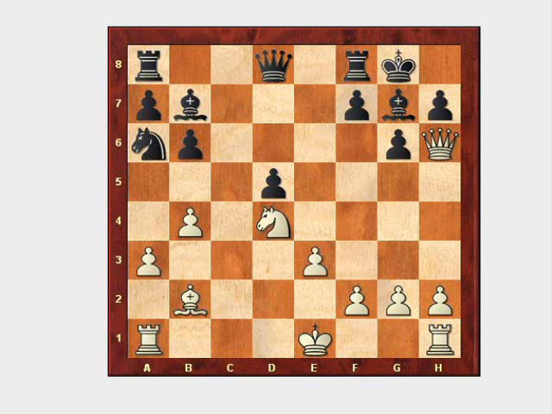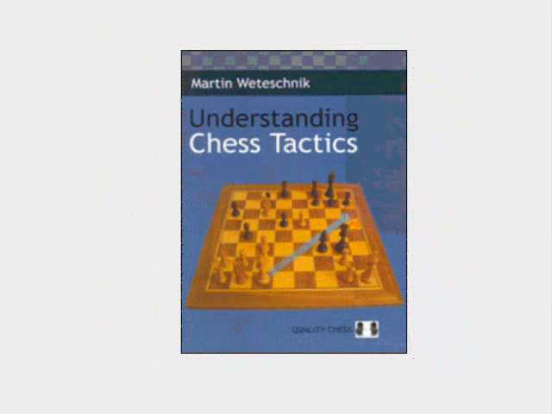There is a book written by, and I have to have a look here because I have it in front of me, Martin Weteschnik, and it's called Understanding Chess Tactics. Wait a minute, I'll show you the front page so you can find it easier. Okay, this is the book, and I must tell you that when I saw this book and I read about it,